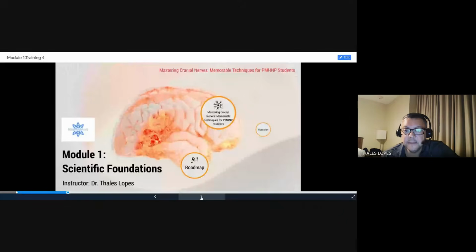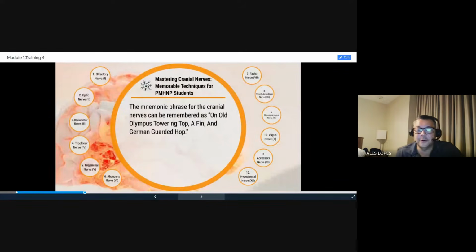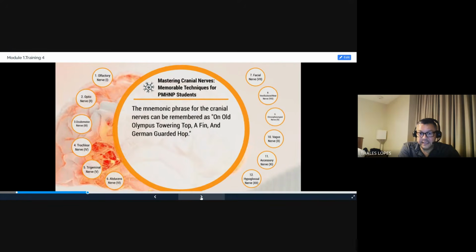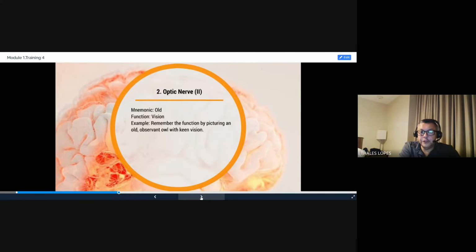Appreciate it. So if you think of the mnemonics, please share. There are many others. Some are very inappropriate, so we'll not be sharing here. But whatever helps you remember for the test, okay? If we look at the olfactory, think of smell, right? Cranial nerve 2 is vision. Remember picturing an old observant wall where the knee vision, if that helps. Optic